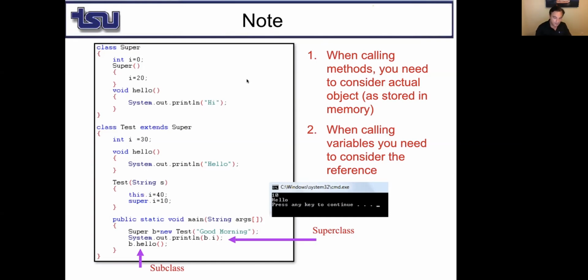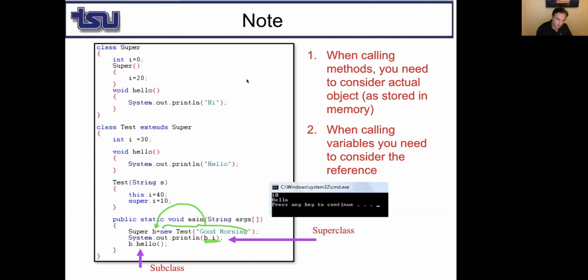So now I create a superclass object. I create a subclass object here. Subclass, because Test is a subclass of Super. I create an object of the subclass and assign it to what? Superclass. So this is a subclass object, and I assign it to a superclass reference. And I say b.i,